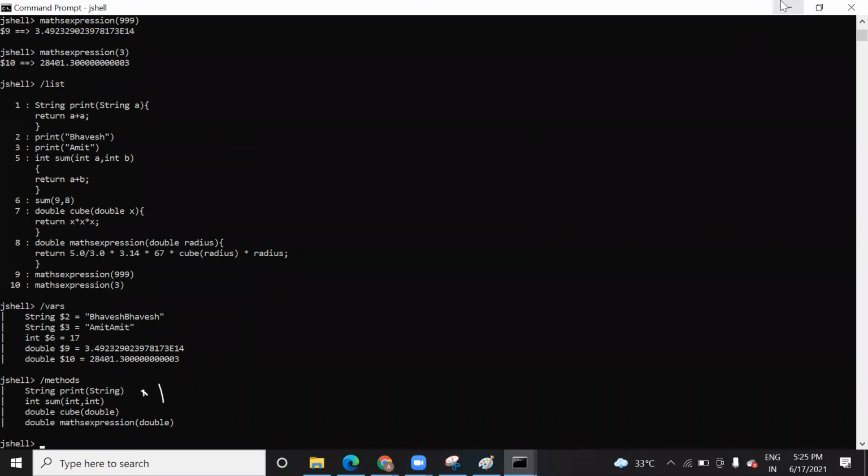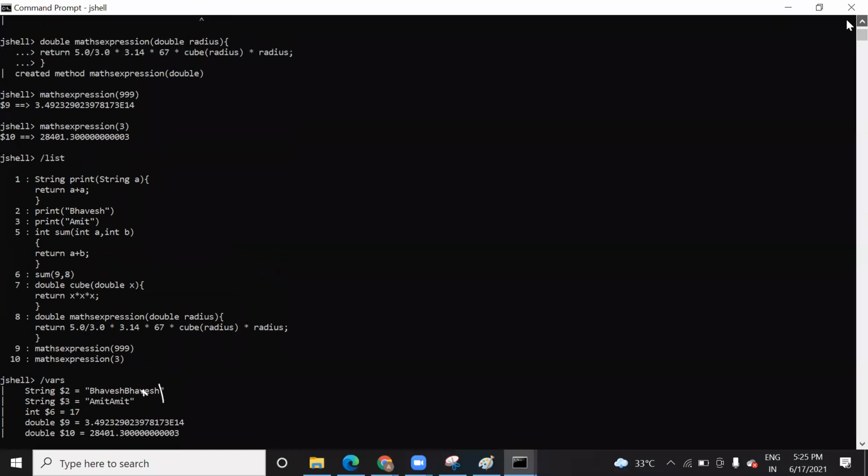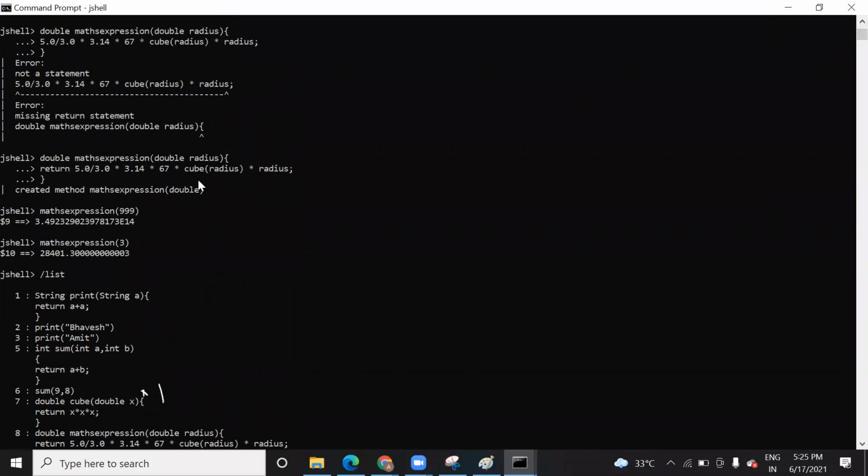So this is where you can do it in a JShell. You can play with a JShell. And as I said, the use case of JShell is that you don't need to use Eclipse in order to check every method. Just like we have checked this math expression, if you want to check it on your system without writing the whole class, main method, importing the package, you can just open the JShell and run this, because JShell is scripting based.